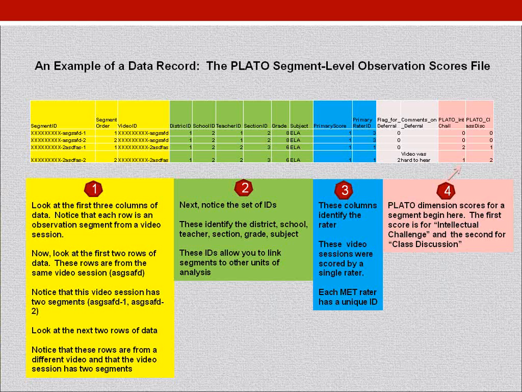And so you can see that the first column is the Plato dimension called intellectual challenge, and that's the score of the teacher for that segment on that dimension. And the second column there, Plato class discussion, that's the score for the teacher on that segment for the dimension called class discussion. So that's sort of what a data record will look like when you dig right down into